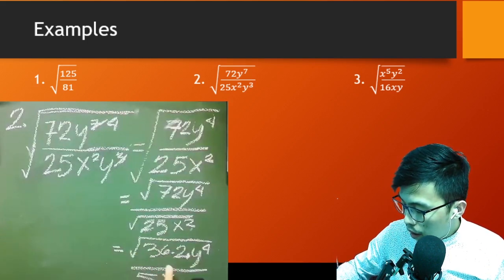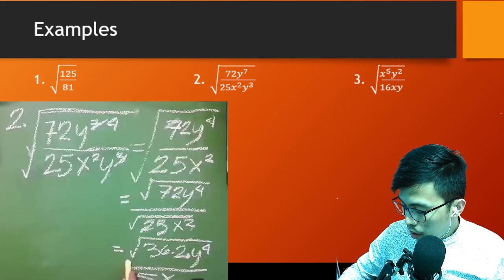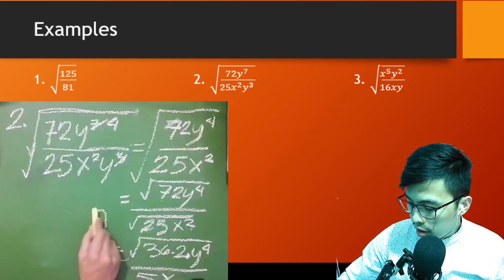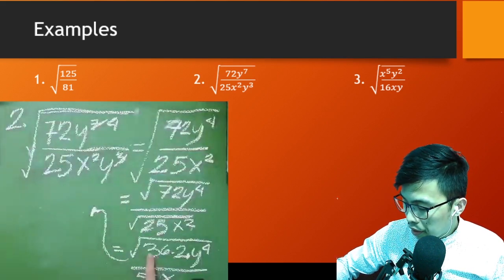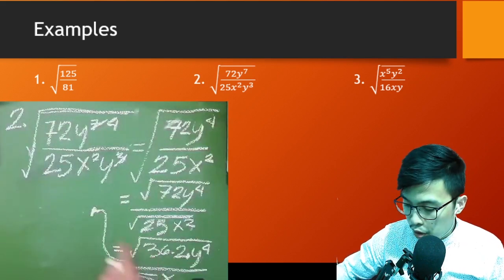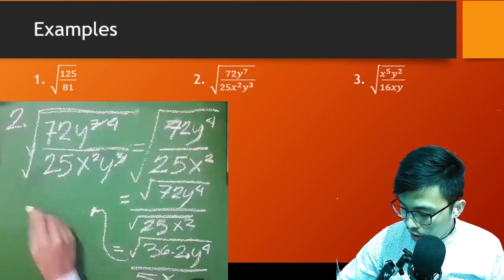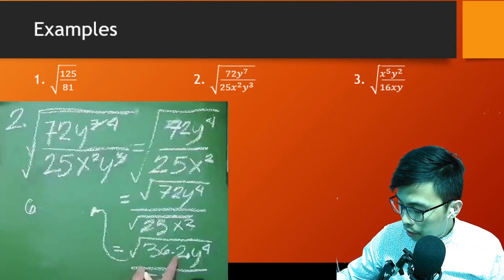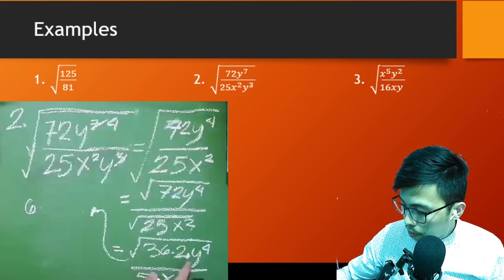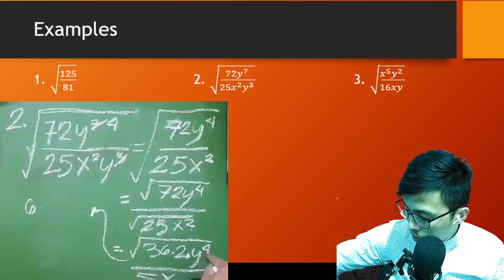Alright, so the continuation of this part. Okay, and then we get the square root of 36, which is 6. Lalabas na ngayon natin siya. Okay, and then by the way, I forgot,